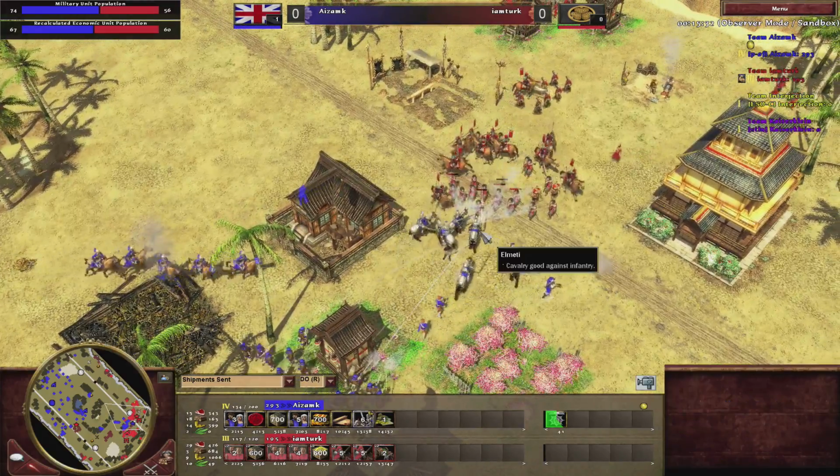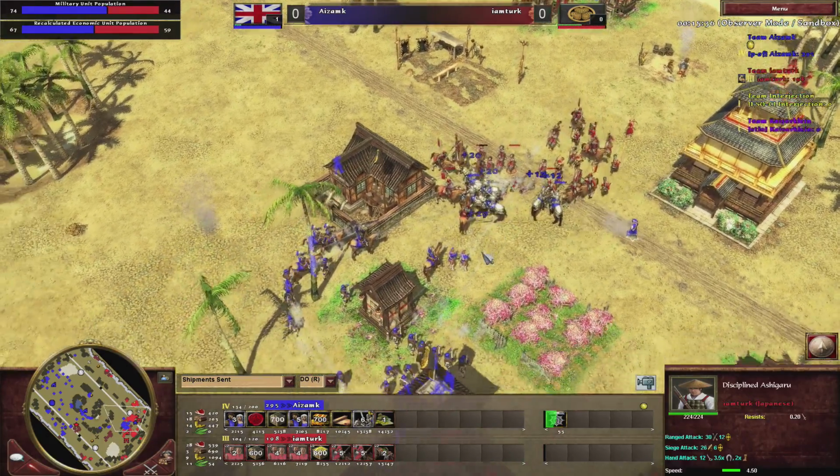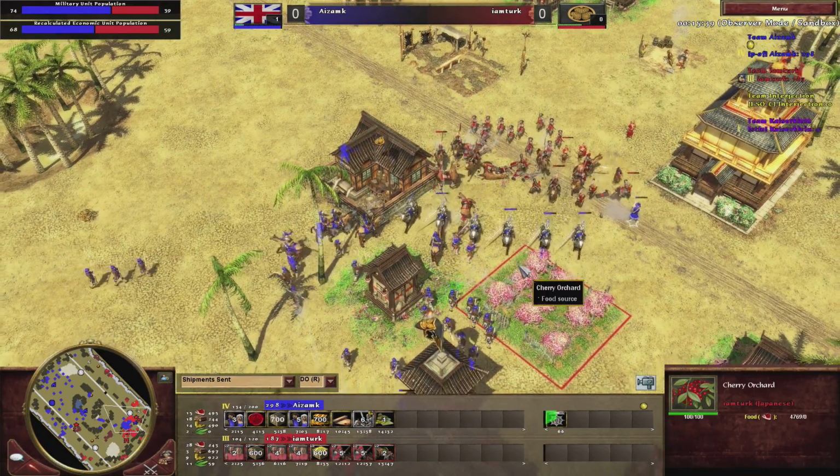But look at this Elmeti coming forward. They're so tanky, and they're just going to prod these Ashigaru to death. Behind this, though...